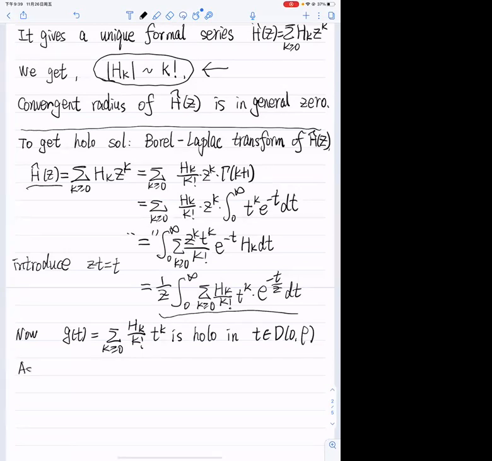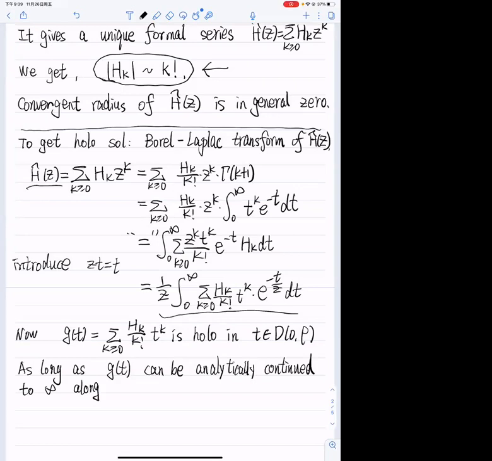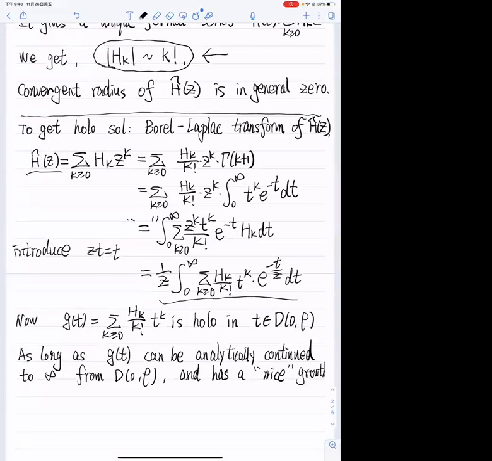As long as this new function gt can be analytically continued to infinity from the small disk along some direction, and has a nice growth, which means if its growth is less than exponential, then, well, if this happens, then the right-hand side of this equality,